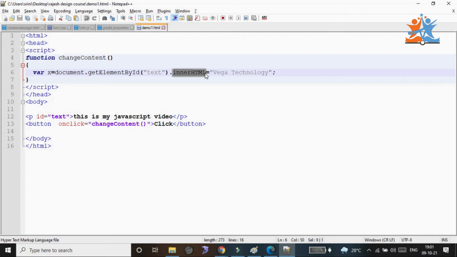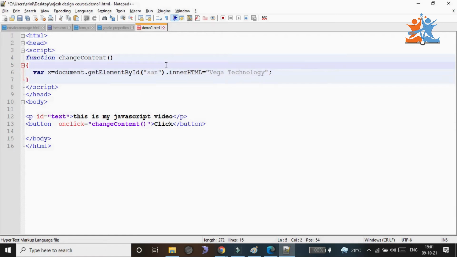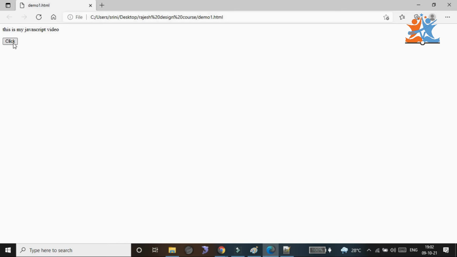If you check with the help of ID, here I need to change the ID name to SAN. We don't have any ID of the SAN type as an attribute. There is only one element in the entire screen, that is in a text, but we have given the ID as SAN. So now does it work? No sir, it's not working, because no one SAN will use an ID.